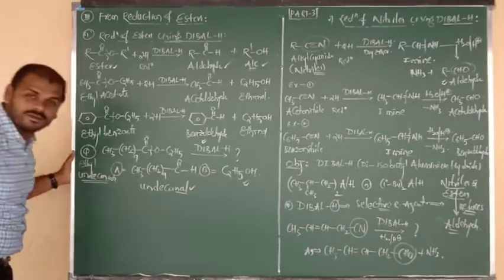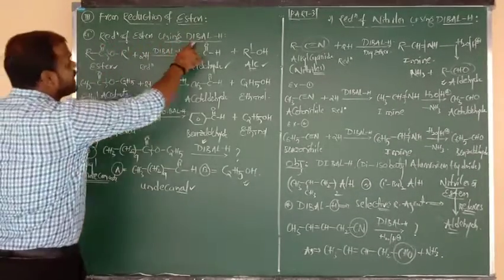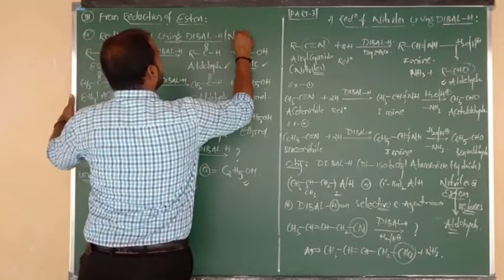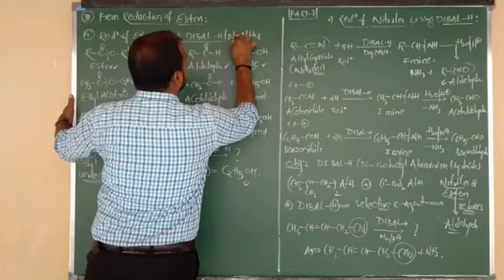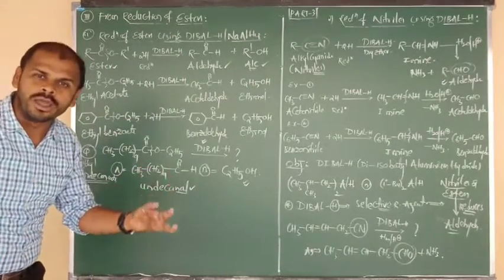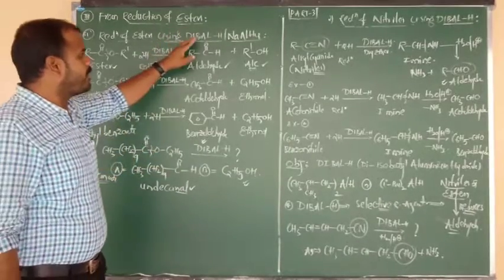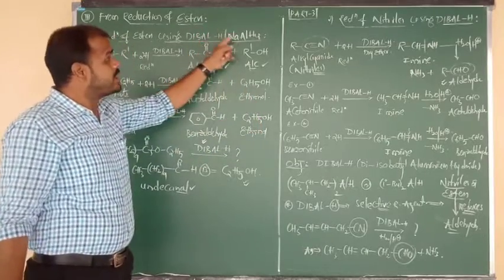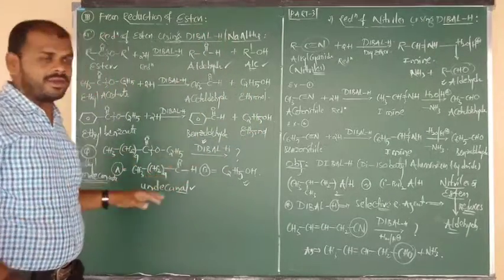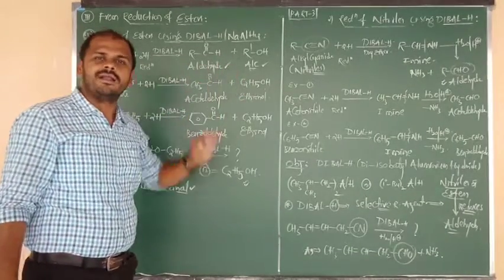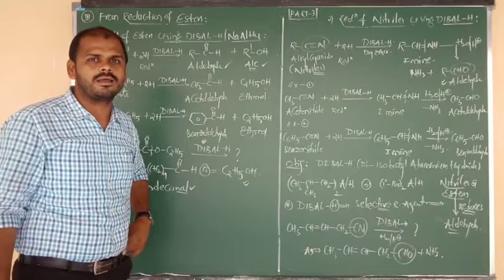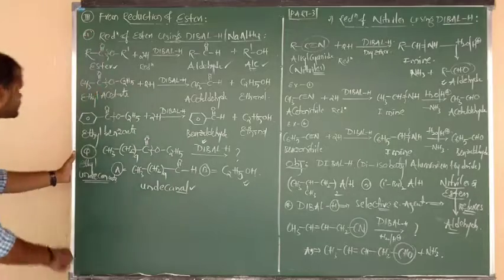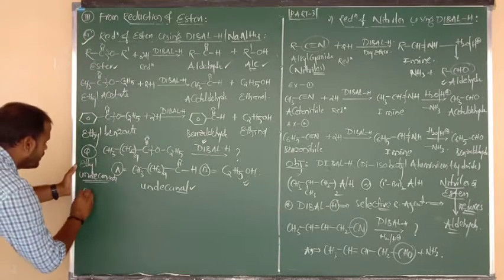Okay, all of you? Good. So esters can undergo reduction by DIBAL-H, and also in place of DIBAL-H, here you can use one more compound, NaAlH4, sodium aluminium hydride, not lithium aluminium hydride. DIBAL-H and sodium aluminium hydride both give from the ester the same products, one is aldehyde and one more is alcohol. Now, instead of these two, I am going to take lithium aluminium hydride. So this is method number 1 of reduction, and now method number 2.